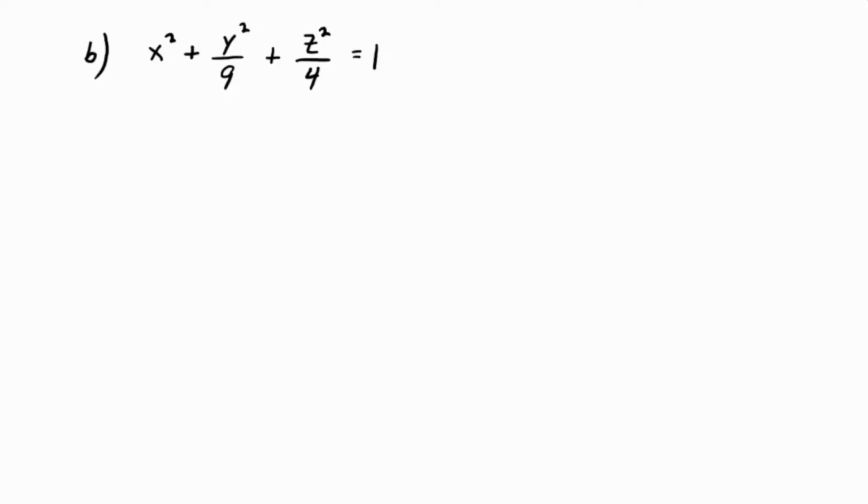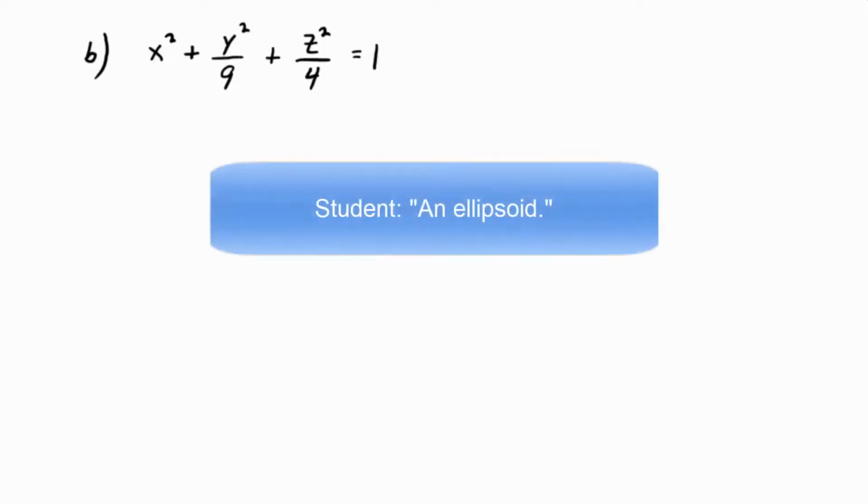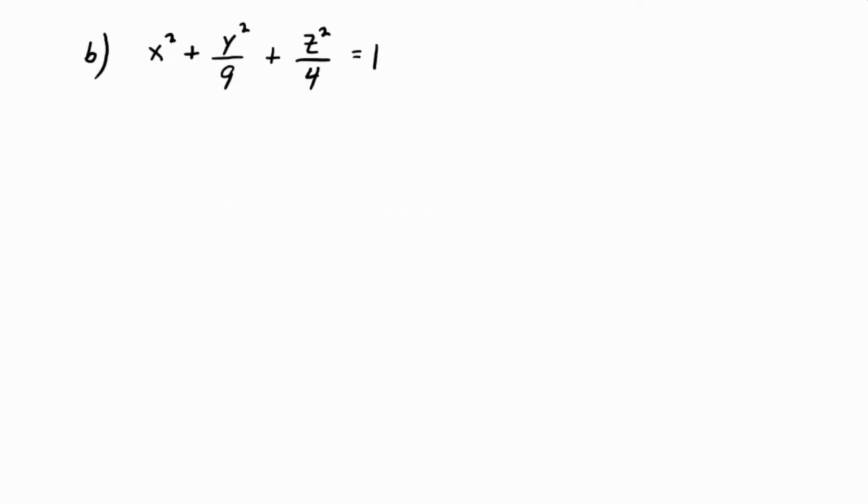Okay, part B. What does the graph of x squared plus y squared over 9 plus z squared over 4 equals 1 look like? What do you think? Yeah, and if you can't remember, just think of what the cross sections would have to look like. If you let x, y, or z be a constant, the traces would be